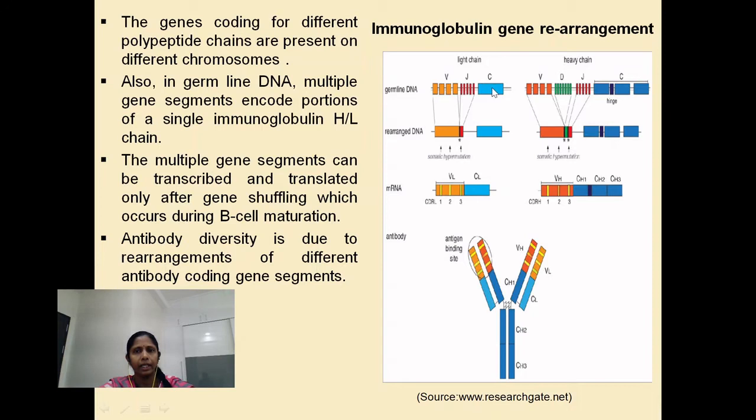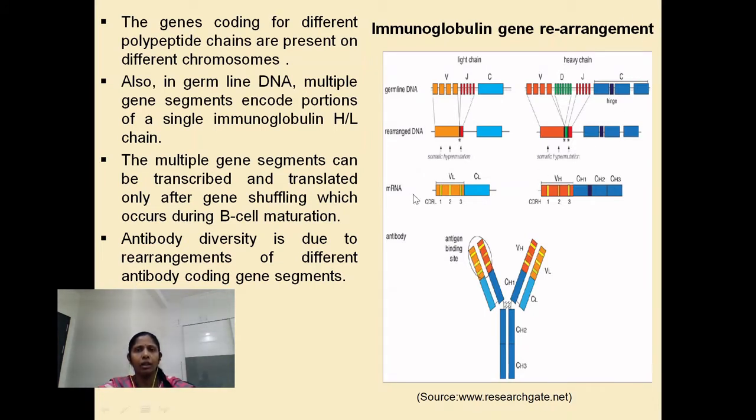And in case of the light chain, there is a single segment that codes for the constant region domain of the light chain. These different segments have to be brought together by gene rearrangement and splicing so that they can undergo transcription, giving rise to a functional mRNA. During this rearrangement, out of the many gene segments that code for the variable region, one is retained in each cell and the others are eliminated by splicing. Similarly, out of the several segments that can code for the J region, one is retained and the others are